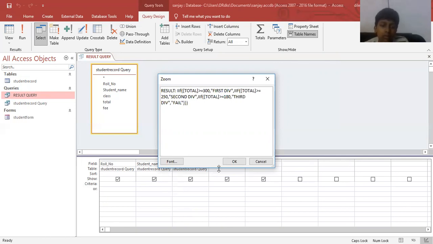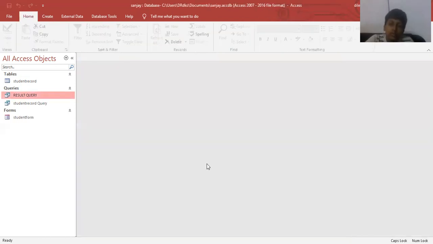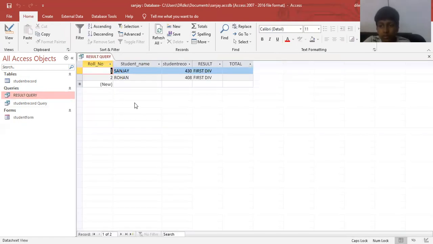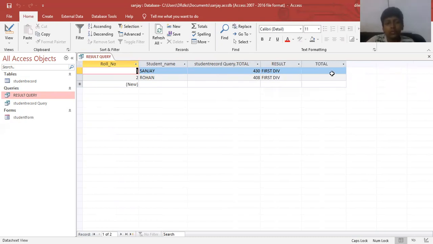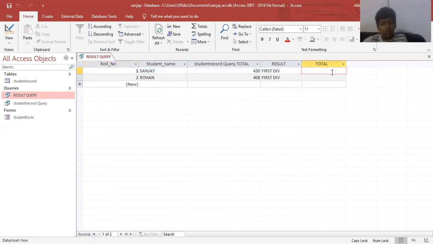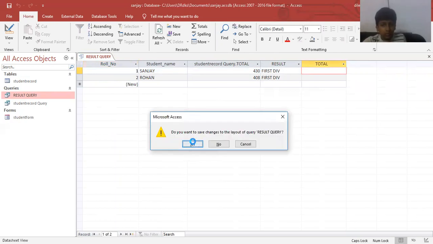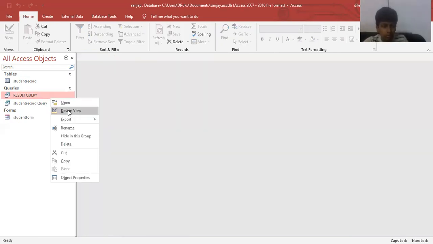Save it by using Control S, and Control W. When you double click here, you will get the result, the serial. And here we just have the total. This is the total marks of the student from the query table as you inserted. That is the total of the particular student. And here the division, and I think total fees is missing here. Just close it and again open it and check the error.